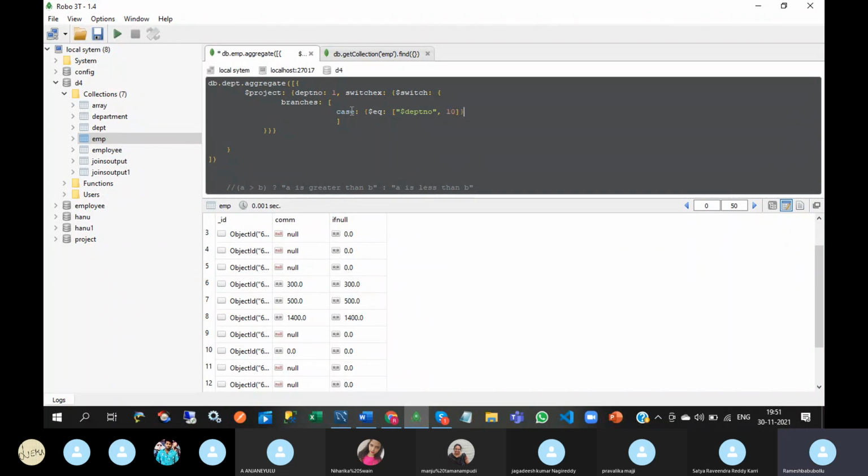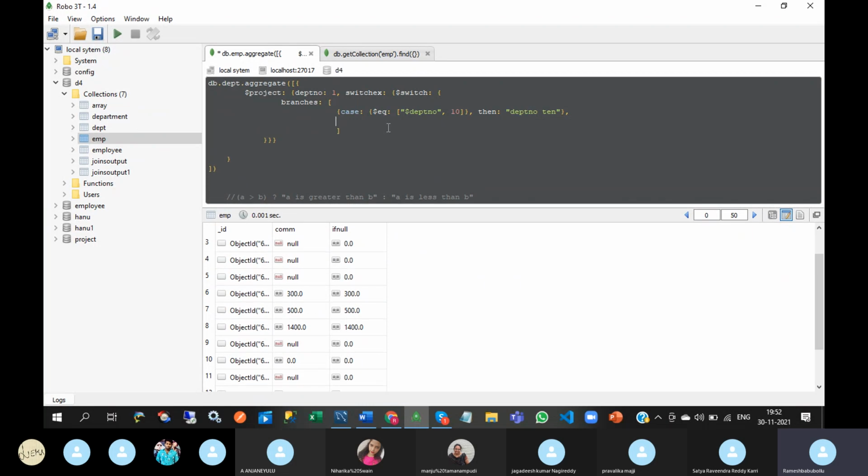DEPT number 20, and I want to display DEPT number 10. So this is one of the cases, that's why you need to put curly brackets.